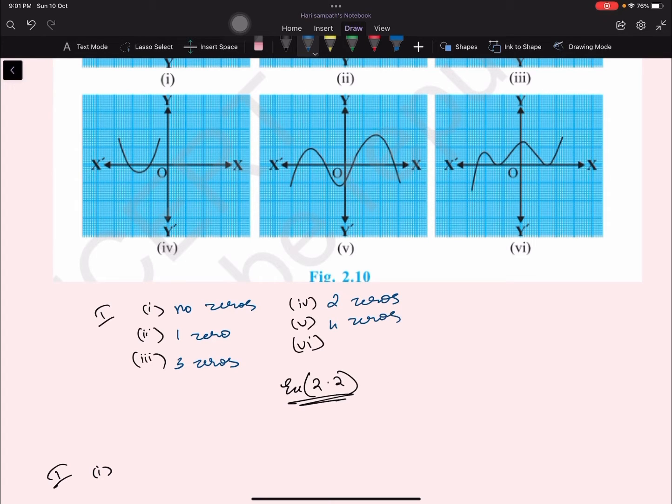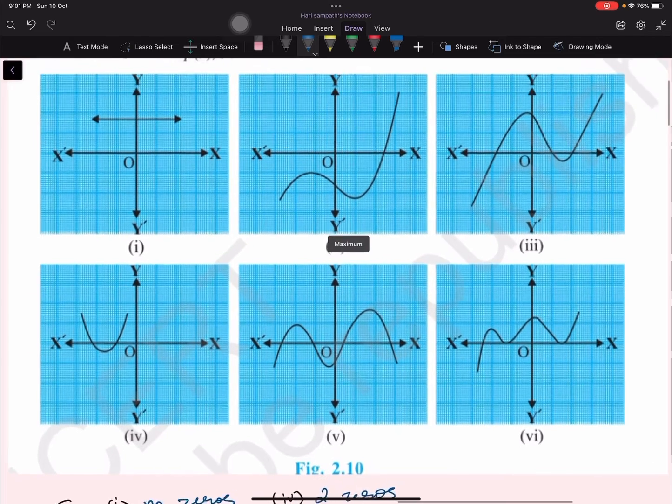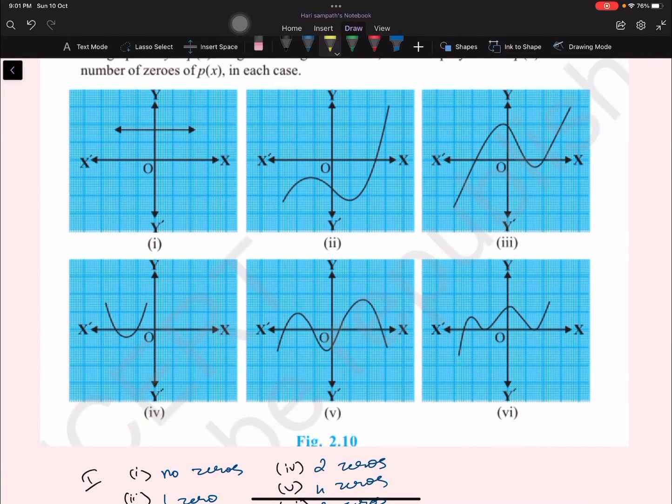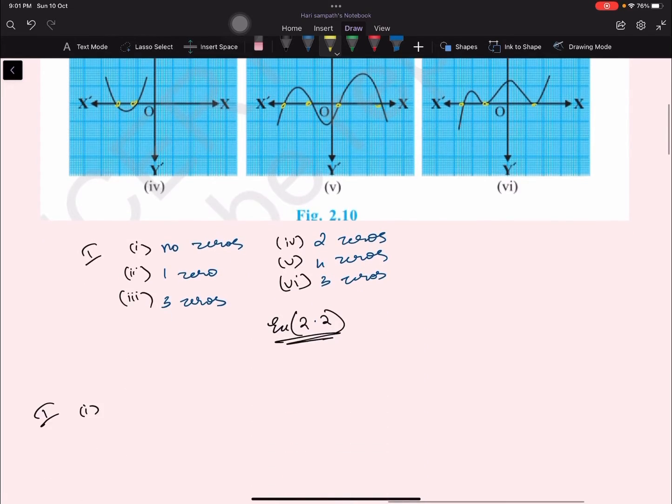This has 4 zeros and this has 1 2 3. Touches the x-axis 3 times. So 3 zeros. So let me just make it more clear. The x-axis is the sleeping line, or the horizontal line. The number of times it touches the x-axis is the number of zeros. It doesn't touch it anywhere here. Here it touches the x-axis only once. Here it touches it thrice. Here twice. Here 4 times and here 3 times. So that is what the answers are.